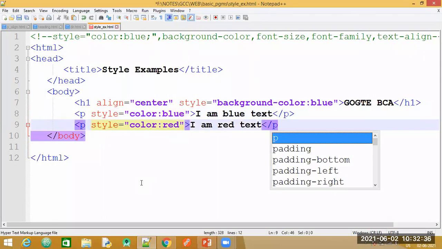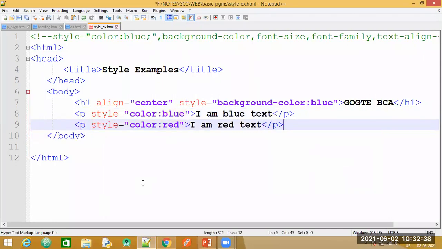See, I had not ended the p tag properly there. You could not see the difference because we had only one line of text. So it was executing properly. If I had multiple lines and had not closed this, then the error would be visible. I had not closed the p tag here.